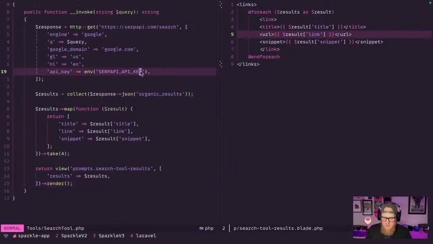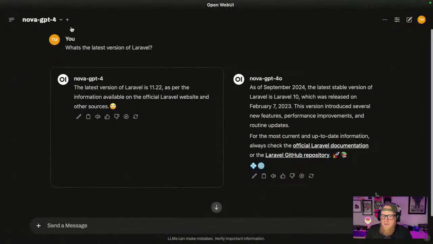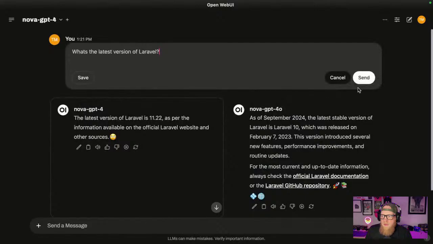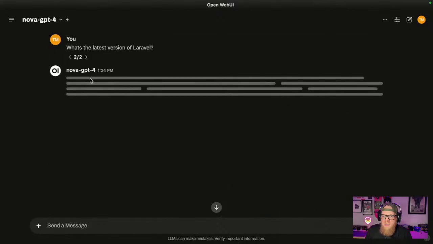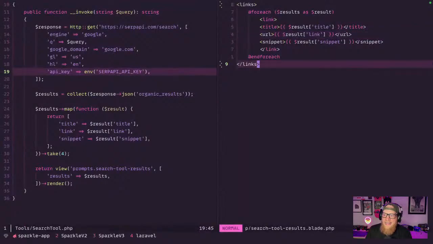And let's go back to this. We can actually drop off the 4o. We'll just interface with our GPT-4 model. Let's see what we get back. We should get the same results back. We did. Fantastic. Now I want to add in a little extra sauce to this to see if we can get,